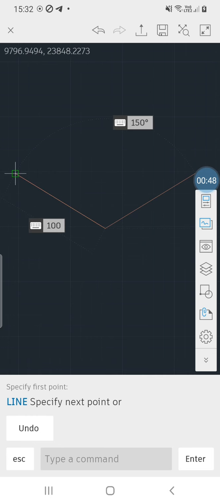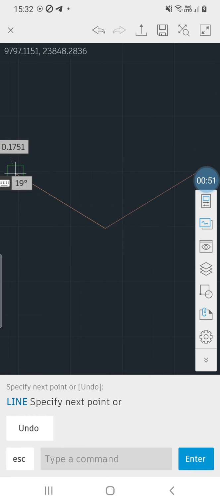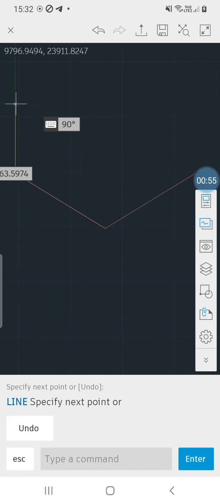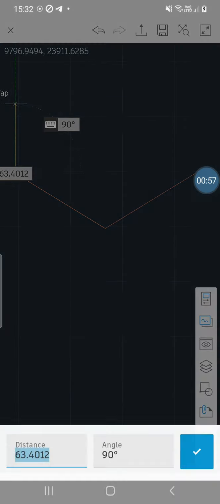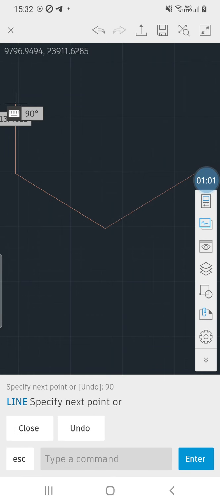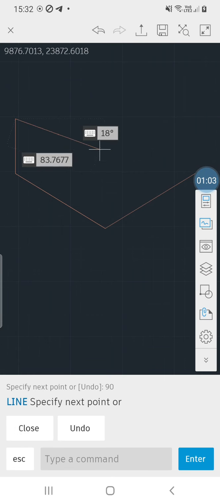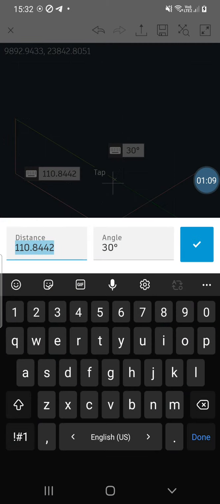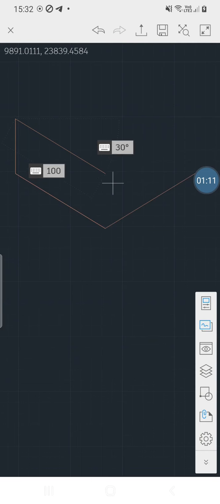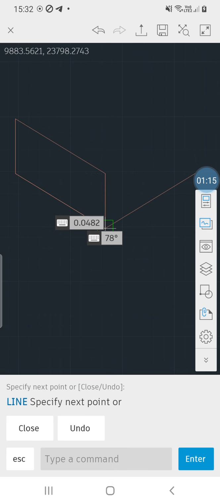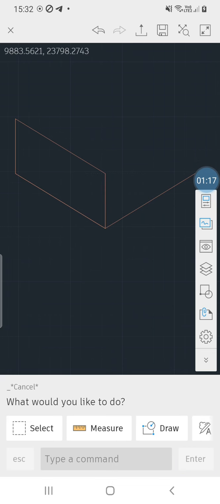So this line will be the 100 mm. Then the height of this diagram will be 50 mm. So move your cursor, click on this length of this line and it is 50 mm over here, and enter. Again move your cursor in the downward direction, so this green line and lower line should be parallel. Click on this line, this is your 100 mm, enter, and complete your rectangle by joining to the origin, escape.